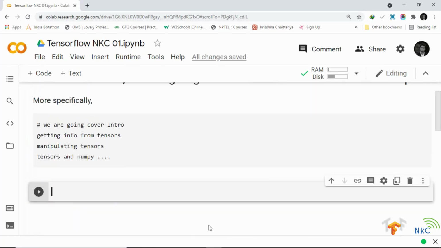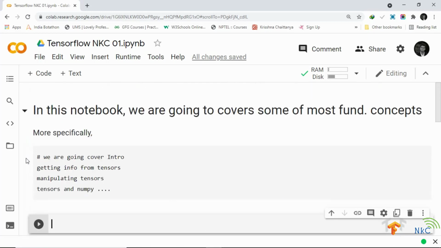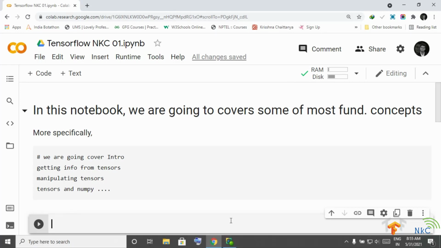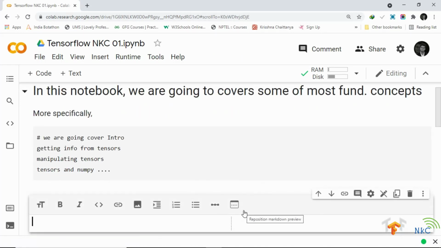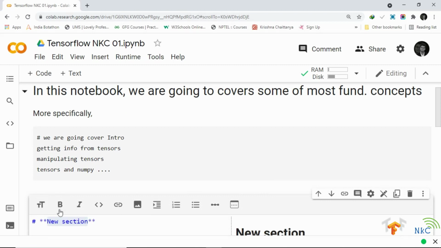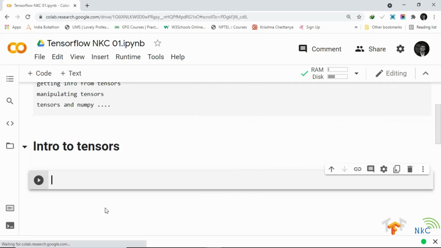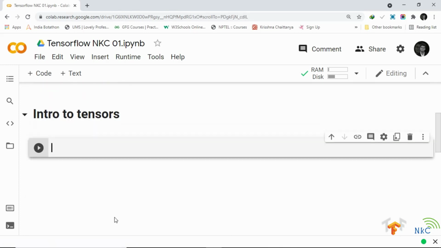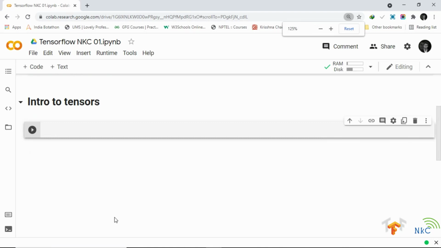Because remember, the whole premise of using TensorFlow is that we can use the GPU or TPU to do fast numerical computing. That's what we are going after here. And at the end, we are going to have a few exercises to try for yourself, and the solutions will be given in the following tutorial.